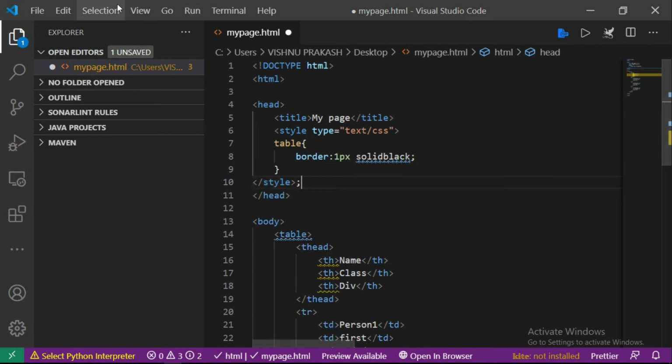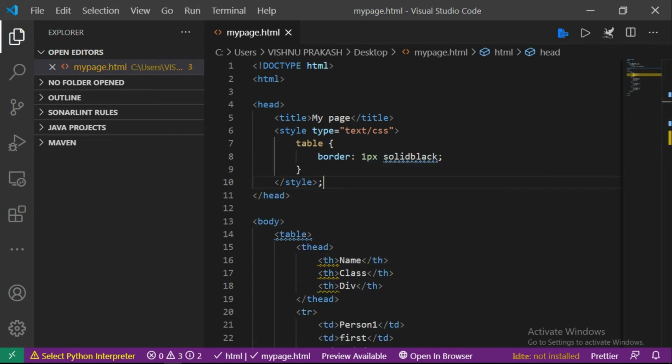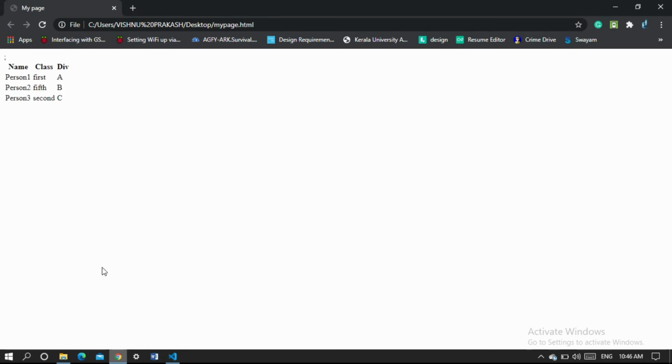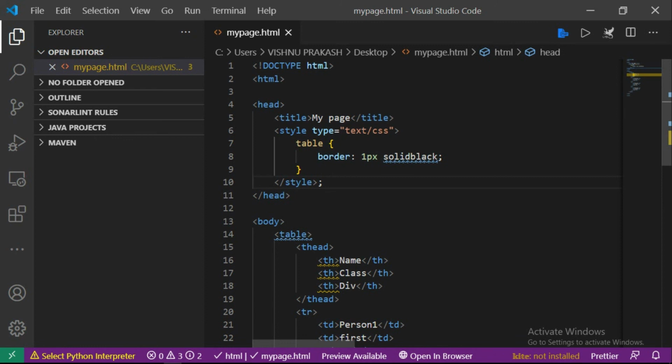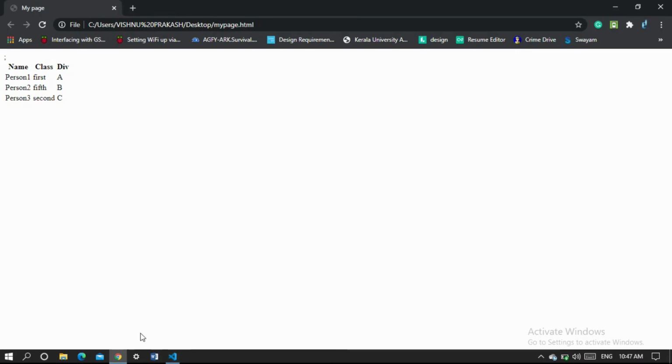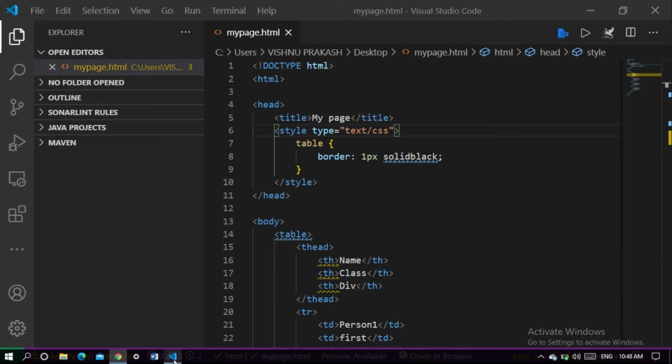Now we'll save this, go back and see. Here we gave this for the style, then the table border black.